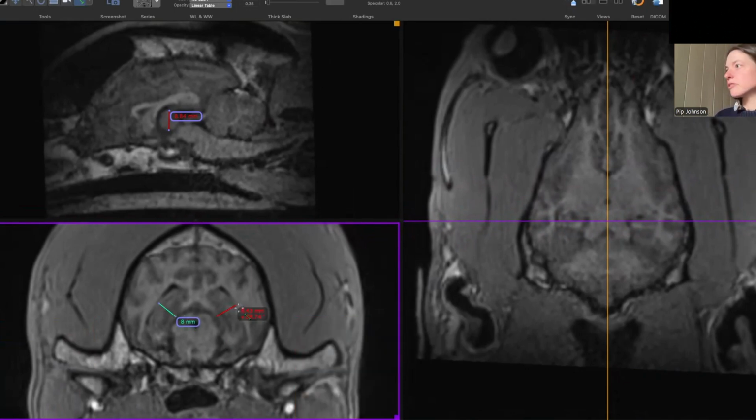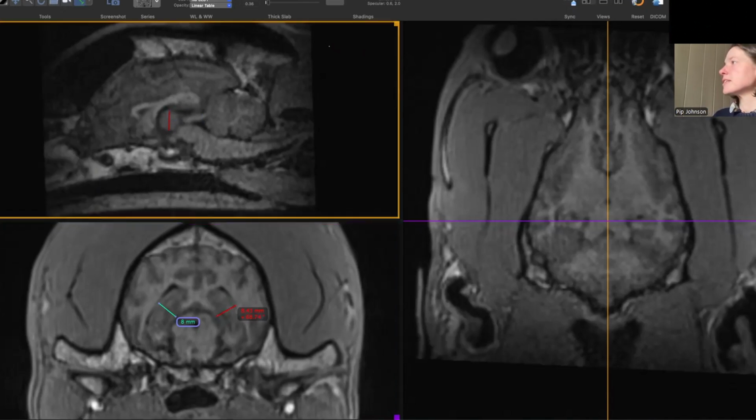I could have used the much higher resolution sequences from the 3 Tesla we have, but I wanted to do the measurements on a lower field scanner, which is a bit more relevant for most clinical scans going on.